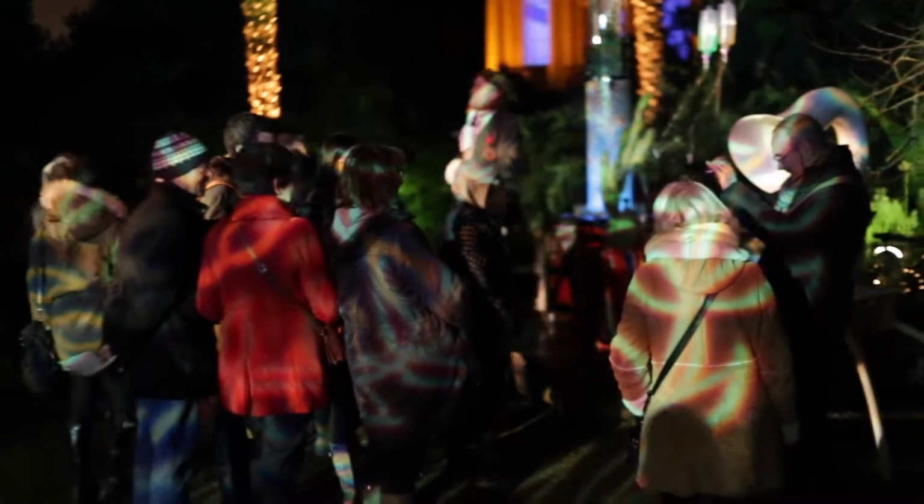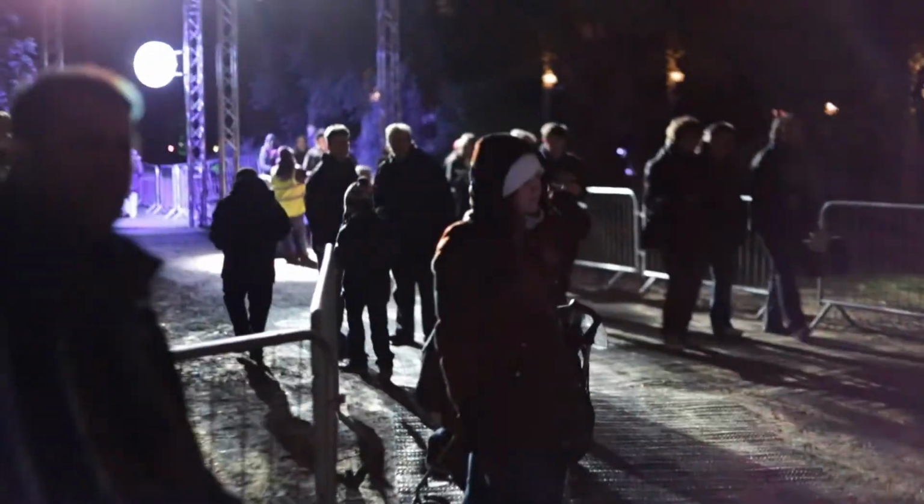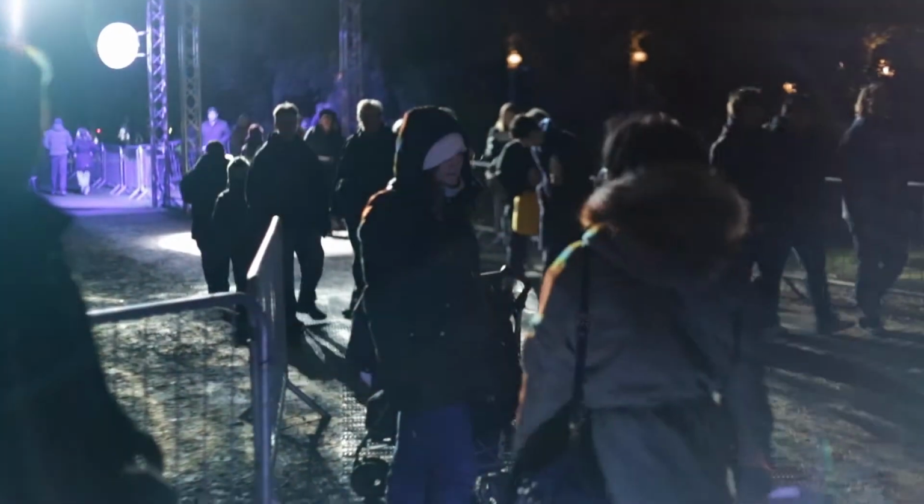On behalf of the Royal Society of Plant Whisperers, welcome to Kew Gardens. This is the first time we've opened the gates of the gardens to the public after the hours of darkness. So, you know, it's a bit of a special evening. I mean, we've been doing it, you know, for about...